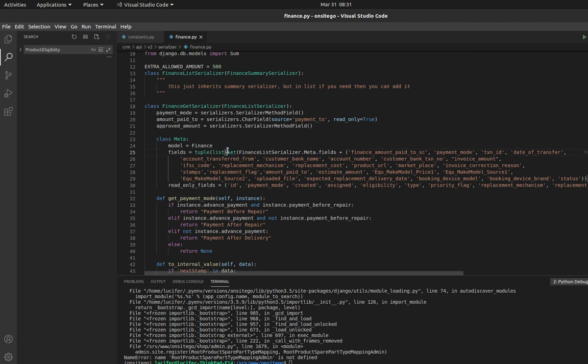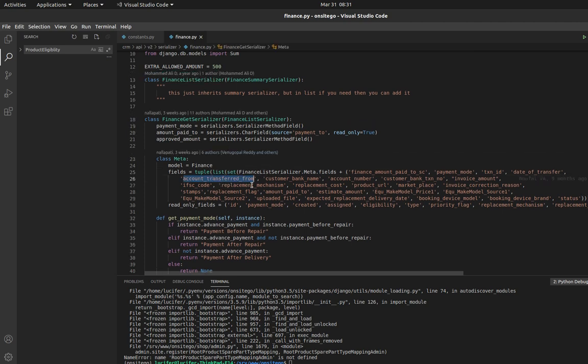So I am only taking unique string values. Then I am again converting it into a list, so that it will become ordered and indexed. And then I am converting it to a tuple, so that we don't access this particular field's value and accidentally change it. That's why we are converting it to a tuple.